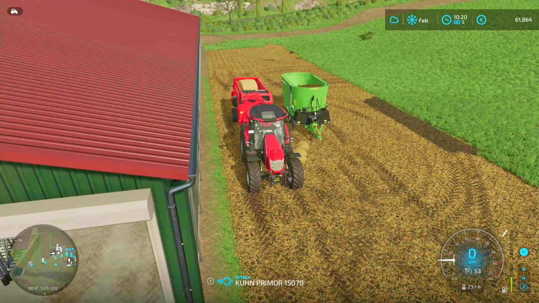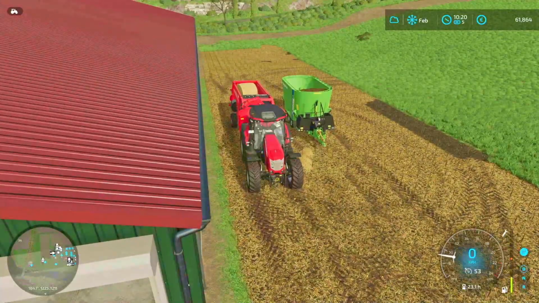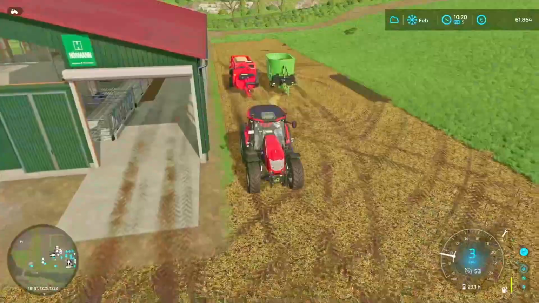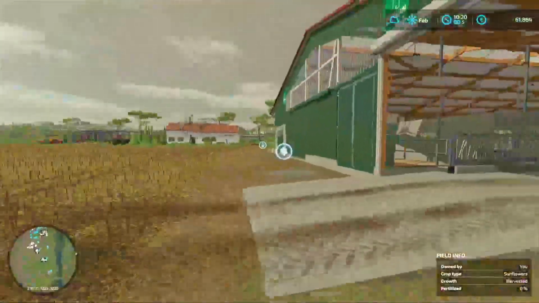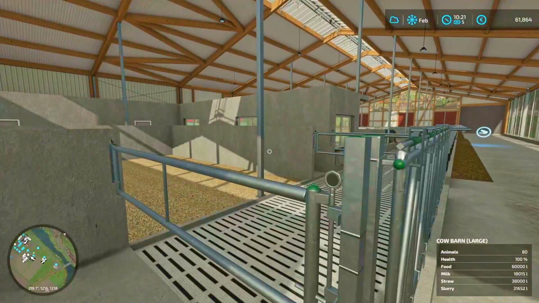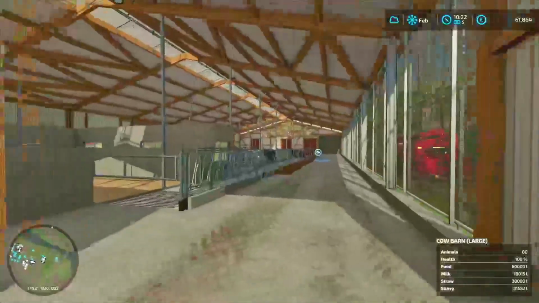We're back. We are back. So, oops, we are literally backing into the straw trailer. I've just finished feeding the cows this morning. They are doing amazingly. Loads of food. Full straw. We have 31,652 litres of slurry and we have 18,000 litres of milk. Now we're at 61,000, nearly 62,000